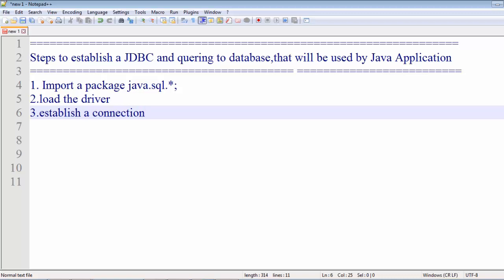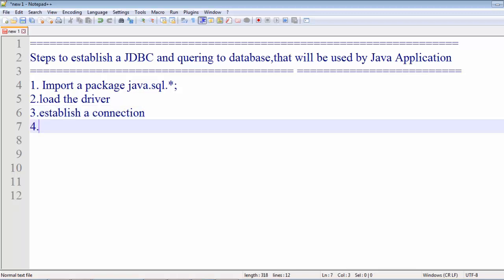In establishing a connection, we have to make sure what type of database we are using, what the database URL is, and what the port number is on which this database will accept our queries.